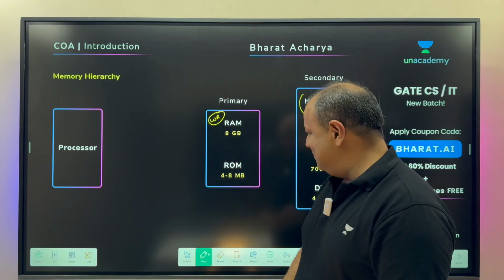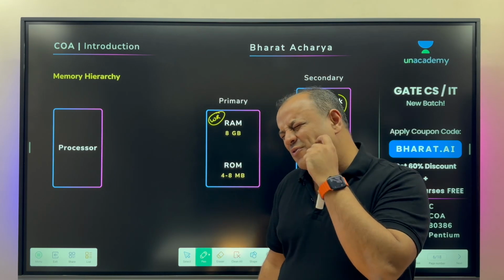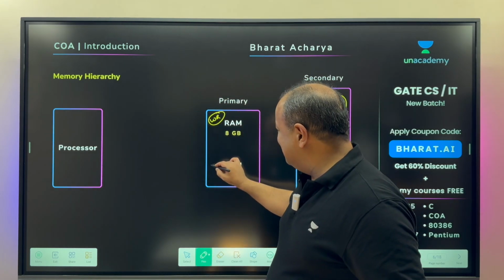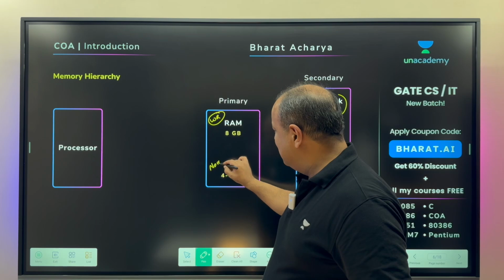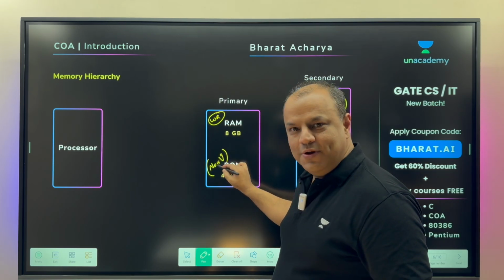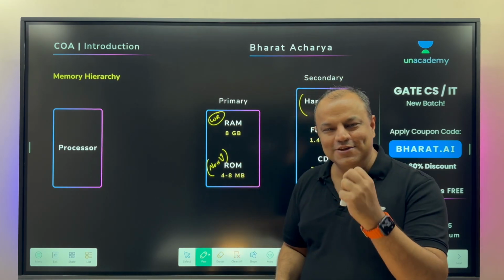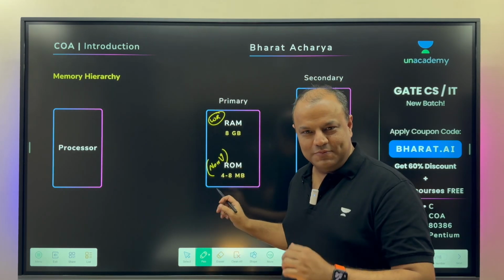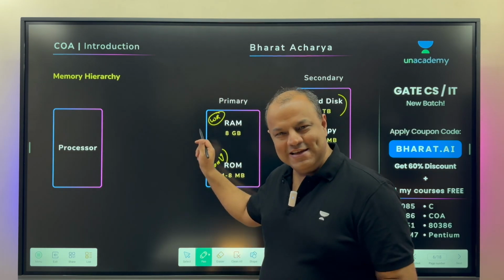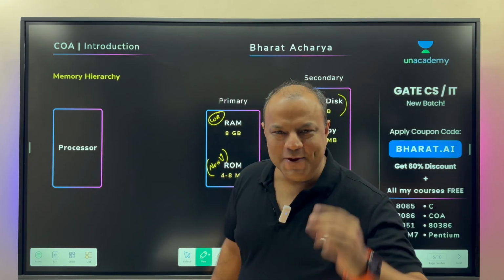You could write in RAM. What was the advantage of ROM? Try to recollect. Yes, it was non-volatile. What is written over here? Non-volatile. So this was writable, this was non-volatile. These were the better properties of both of them. So I needed ROM because of its permanent storage. I needed RAM for writing.